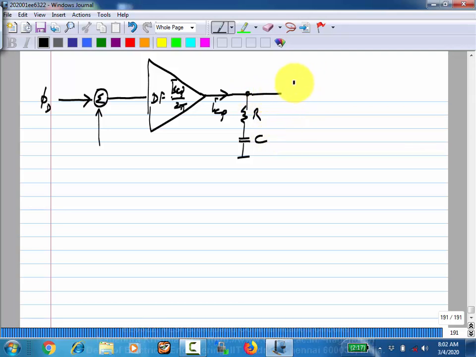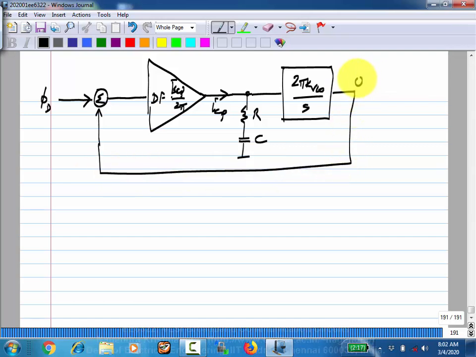That goes through a series RC combination, and then you have the incremental model of the phase model of the VCO, which provides the output clock. Now we saw that the loop gain is